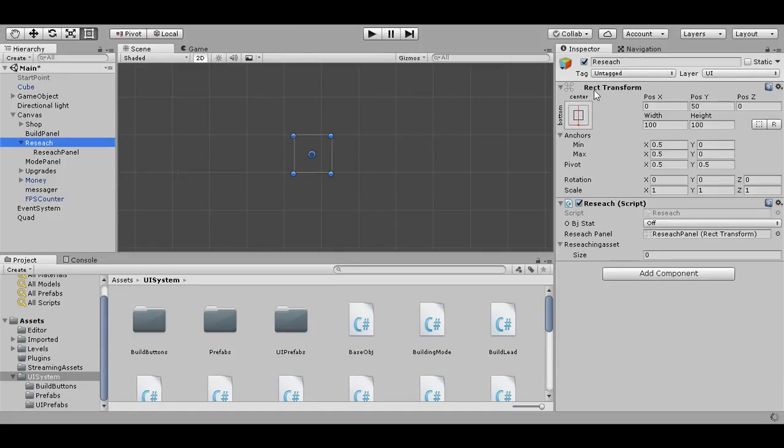Research panel here. This is always on. Like I said, it's always on, and it's always good. Well, anyway, this is a mono behavior. If I disable this game object like we do everything else,